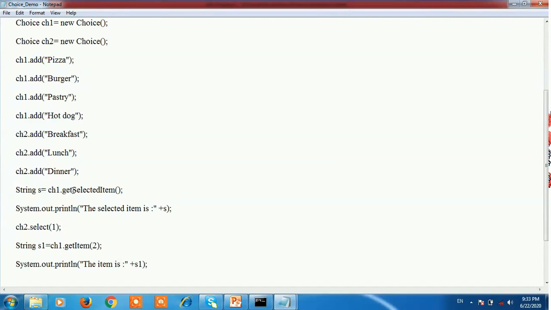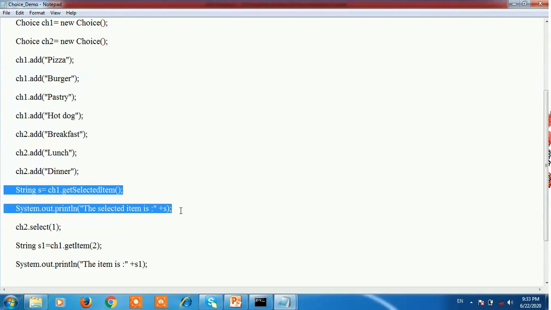So the particular selected item is returned. Here string s equals ch1.getSelectedItem, and simply print that item. System.out.println, the selected item is "yes". Yes is the string. This method returns the selected item in choice 1.